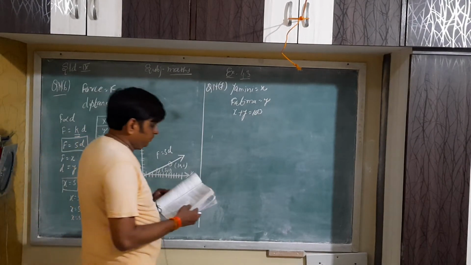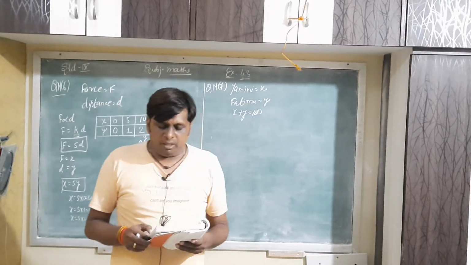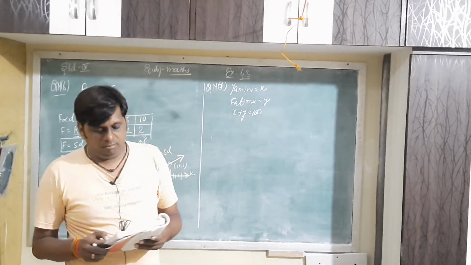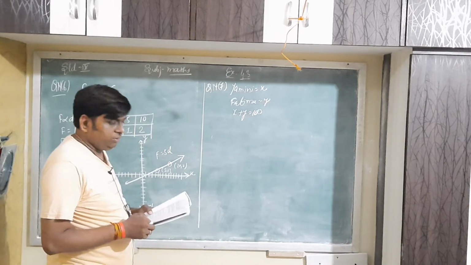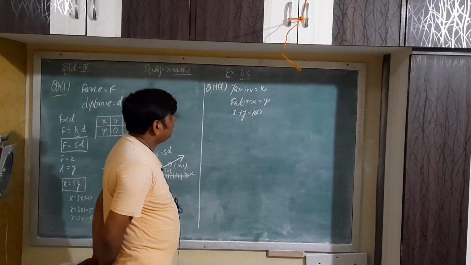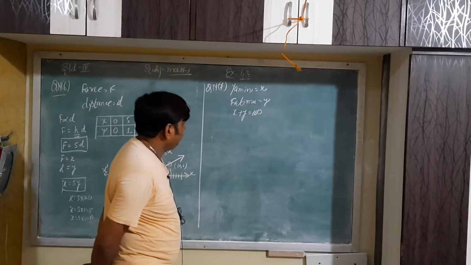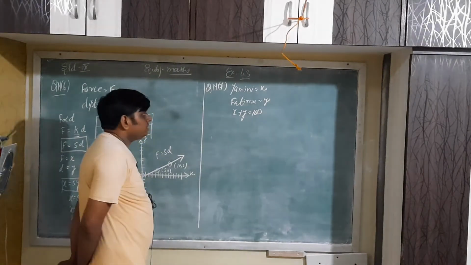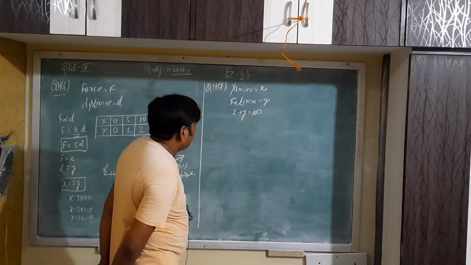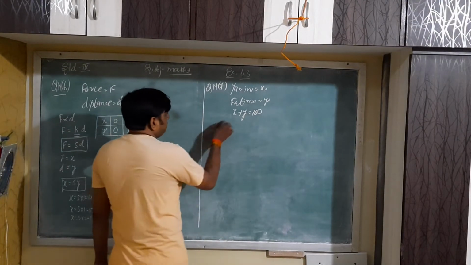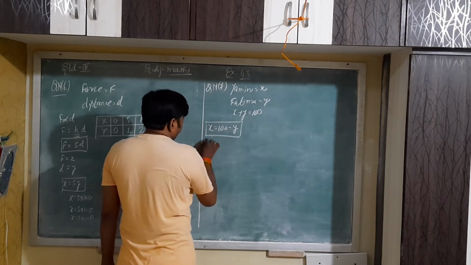Question number 7. Yamini and Fatima, two students of 9th class, together contribute 100 rupees to the Prime Minister's Relief Fund in an earthquake. Suppose Yamini collects x rupees and Fatima collects y rupees. Both together total 100 rupees. We draw the graph of x plus y equal to 100, so x equals 100 minus y.